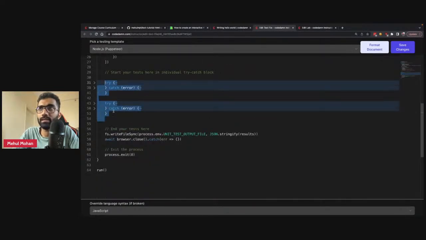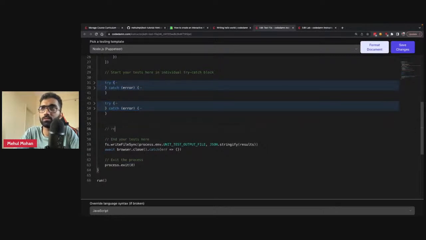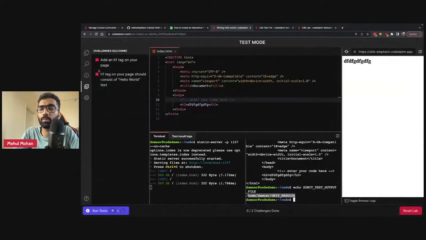Let's say by the end of these two blocks, results is true, true. What we are doing here is writing to this file, stringifying this results array, right? So technically this file consists of contents as true, true, which is the JSON stringified representation of this array. The way this maps to the playground is that both of them would become green.